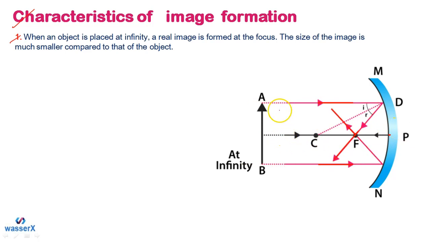Okay, so this AB is the object that's placed at infinity here. Any ray which is coming from the object and which is parallel to the principal axis, as you can see, the pink ray or the red one which is moving here, the animated one, after incident on this point, it is passing through the focus. And the same thing is happening with the point B.